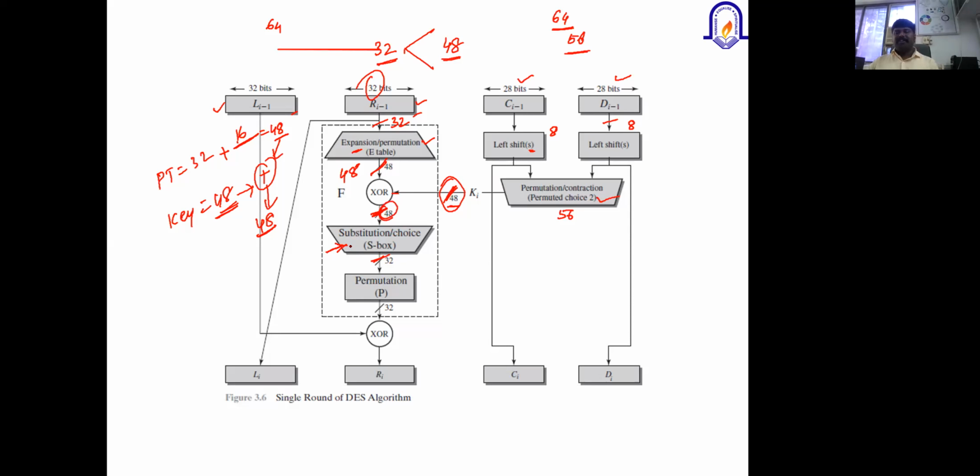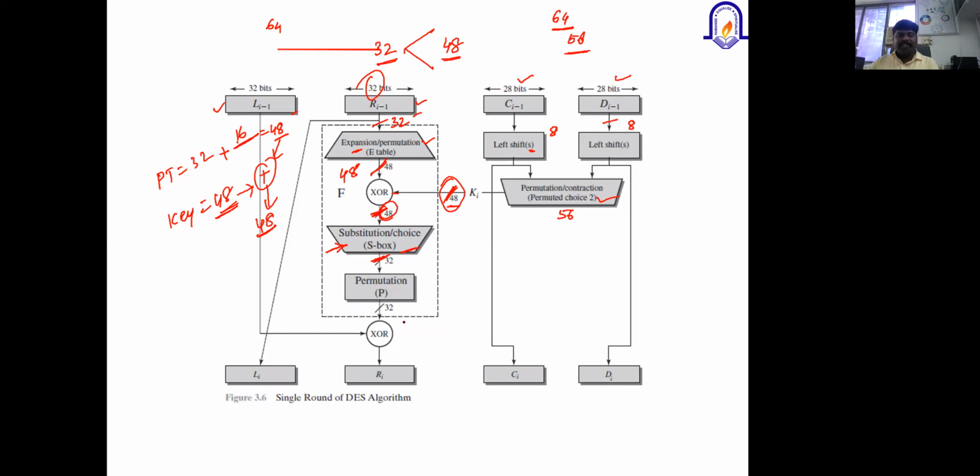All these operations increase the security, so that the attacker will not get a complete idea of what is happening behind, what data has been added and what has been removed. We use the substitution or S-box technique, which receives a 48-bit input and produces a 32-bit output.